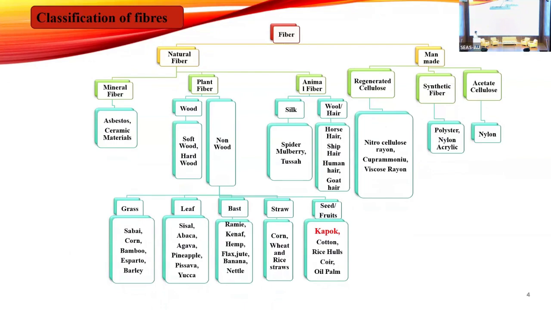Basically, fibers are of two types. One is natural fiber, another one is man-made fiber. These man-made fibers give more strength to the composites, but these are not biodegradable. So we have to find some sustainable alternatives, that is natural fibers. These natural fibers may not attain the properties provided by man-made fibers, but they can be used for structural or semi-structural applications or to reduce the weight of polymer composites. Here, kapok is a natural seed-based fiber, so I used kapok fiber to fabricate polymer matrix composites.